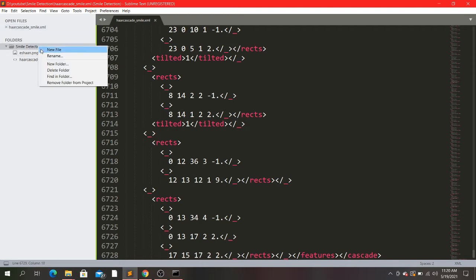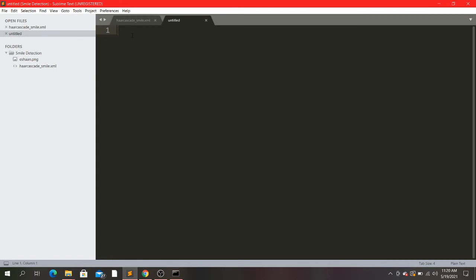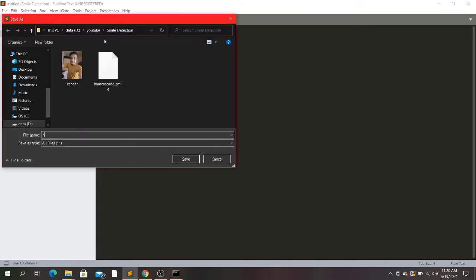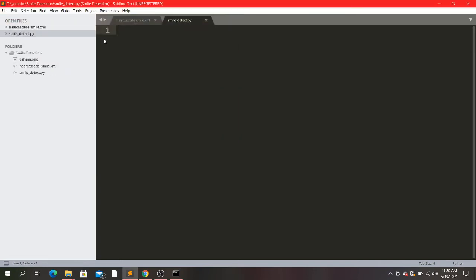Now coming to the main part, that is our coding part. I will name this file smile_detect.py. The first step is to import the library which we need.